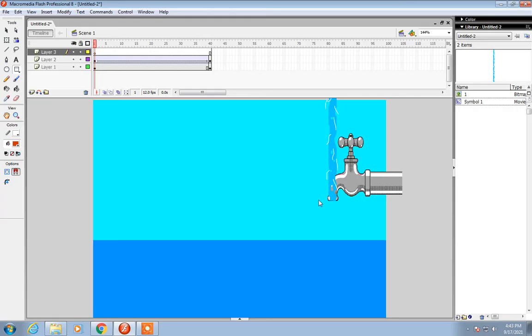Now what part of the water do you want to be visible? Draw the rectangle box right over there. This part of the water we want to be visible.